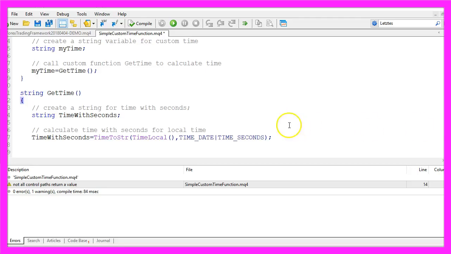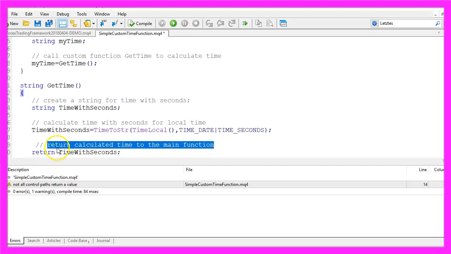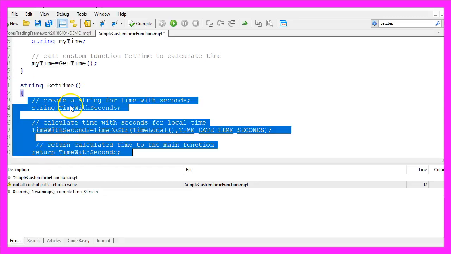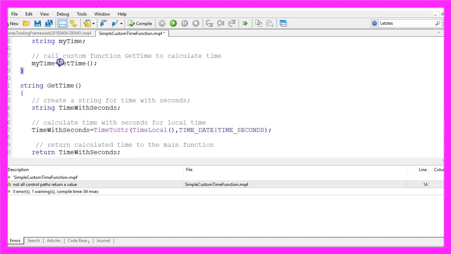And now that the calculation is done, we want to return the calculated time to the main function. That is done by using return for our string variable that we have calculated here. So everything within the getTime function will be calculated here, and the result is assigned to the variable myTime.